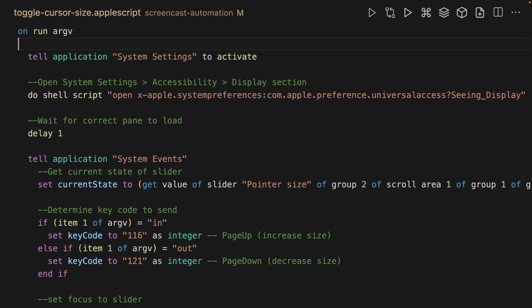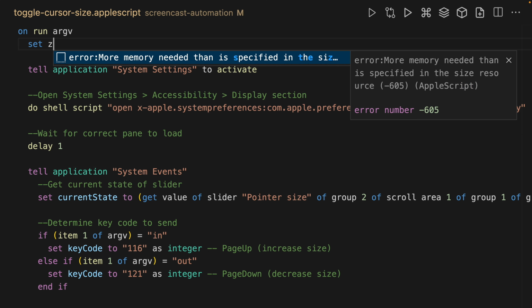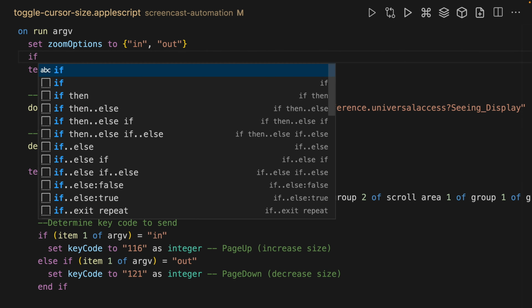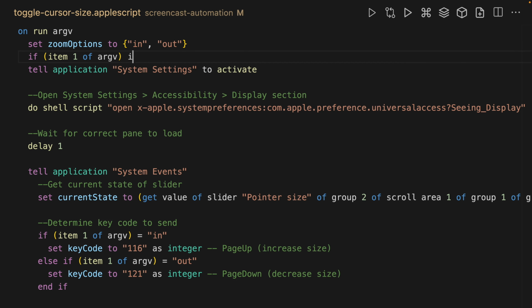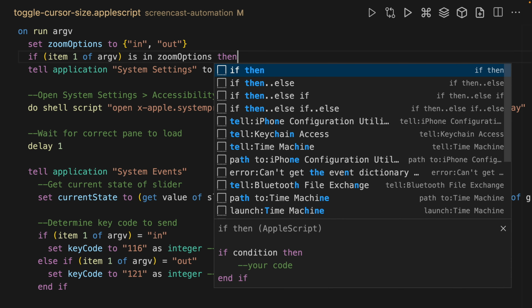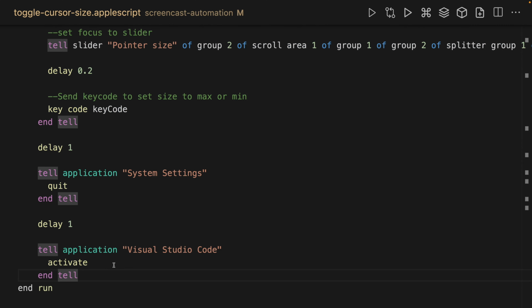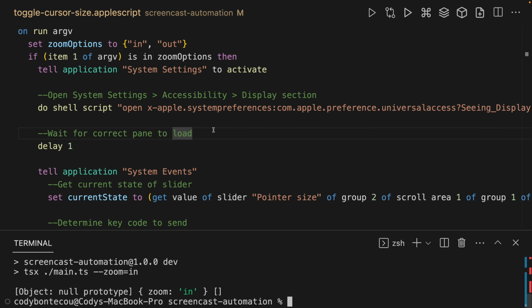So one way to manage this is with a little bit of conditional logic. We're going to say set zoom options to in as well as out. And then we'll say if item 1 of argv is in zoom options, then. And so this, and then we can move all this out, and at the end here we'll say an end if. So this conditional logic will now